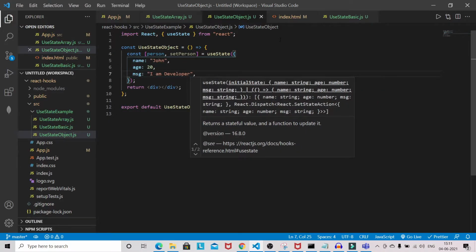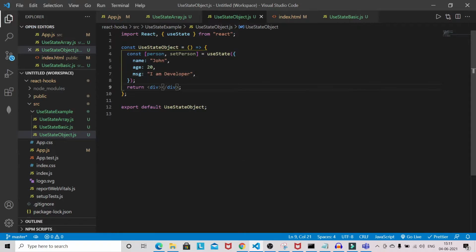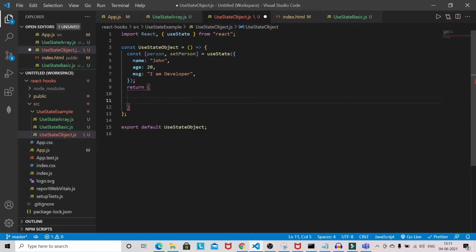Okay, so we have this initial state. So let's render this one. So we can do something like this way.